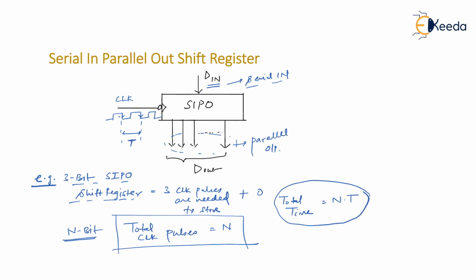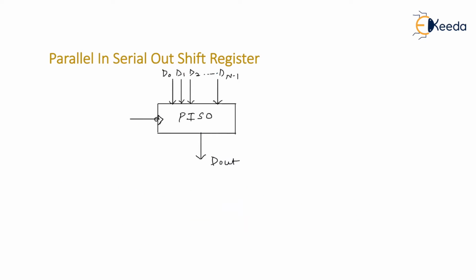Let's move ahead with the next shift register. Now this is the parallel in, serial out shift register. So when I say parallel in, it somehow looks like this. Let's say I'm drawing for 3 flip-flops. You know that in case of shift register, the clock is common. Here I have taken negative edge, so let me draw negative edge. As I said, the type of triggering doesn't matter.